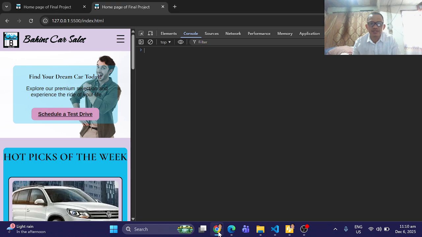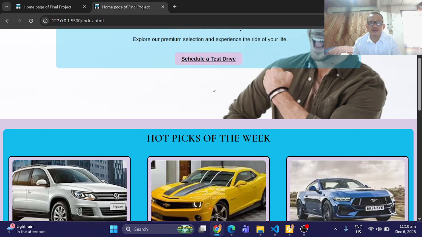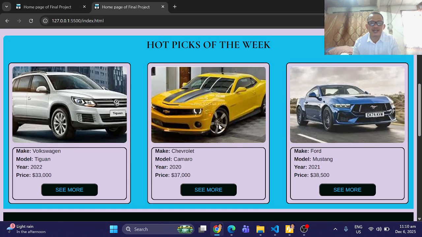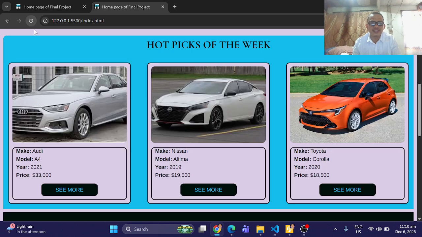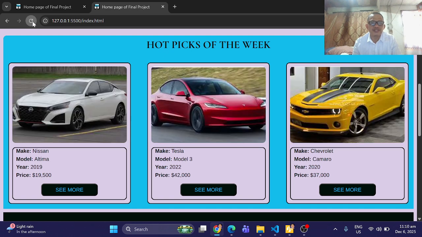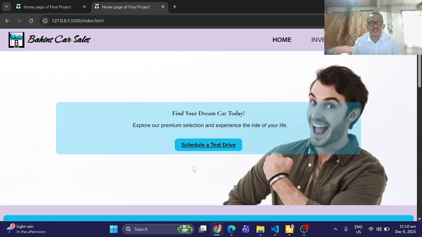And the output is this one. This is my home page, and these are the three cards being randomly selected. If we refresh this, then other cards will be displayed. Refresh, refresh, refresh.